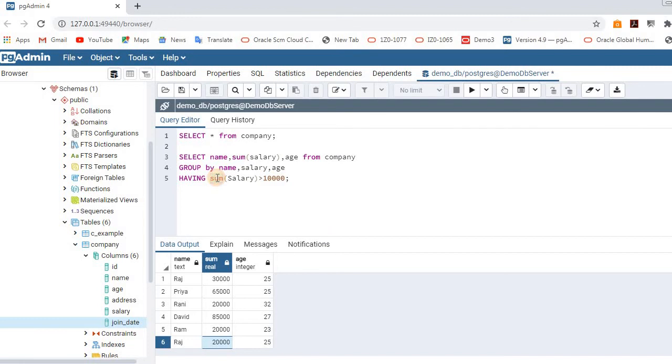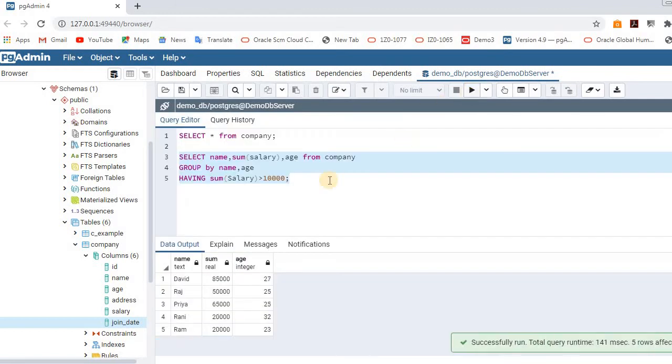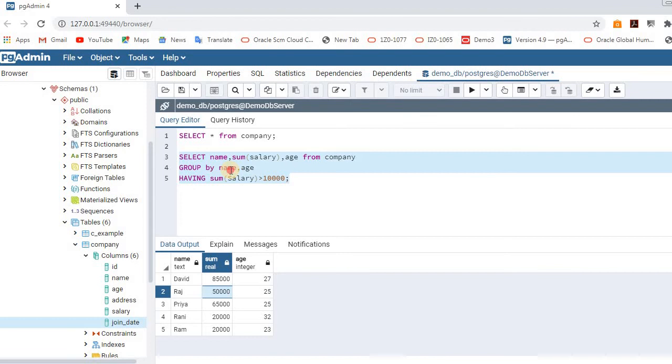Now let's remove salary here. You see, for Raj we got 50,000, only one record, because it groups based on name and age, then displays the sum of salary of that particular employee, and also executes the condition. So this is the whole idea behind the group by and having clause.